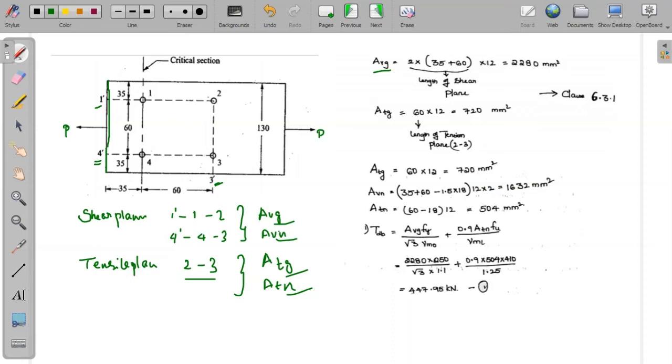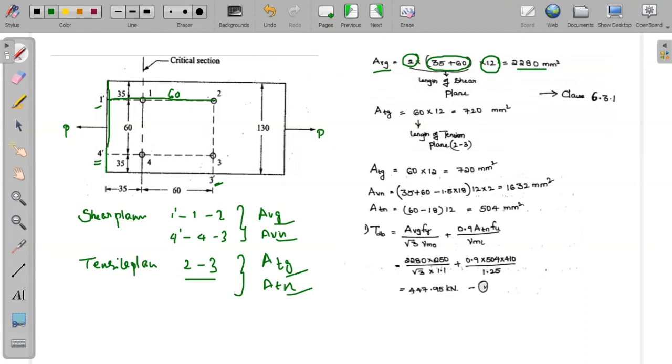సో ఏవిఎన్ ఇప్పుడు ఏవిజీ క్యాలిక్యులేట్ చేస్తాం అంటే ఈ ప్లేన్ యొక్క ఏరియాని, ఈ ప్లేన్. సో ఇప్పుడు ఏం చేయాలంటే 1 dash నుంచి 2 వరకు ఉన్న డిస్టెన్స్ అంతా నేను మొత్తం వేయాలి. అంటే ఎంత ఉంటుందంటే ఇది 60, ఇదేమో 35. సో లెంత్ ఎంత 60 + 35, 60 + 35. అలా 2 ప్లేన్స్ ఉన్నాయి కాబట్టి ఏం చేయాలి, ఇంటూ 2తో మల్టిప్లై చేశాను. టోటల్ లెంత్ వచ్చింది. నౌ థిక్నెస్ ఆఫ్ ది మెంబర్తో చేస్తే నాకు ఆ ప్లేన్ యొక్క ఏరియా వస్తుంది. I will get the area of the plane if I multiply with thickness. Thickness is 12 mm here, so multiplied with 12 I got the Avg.